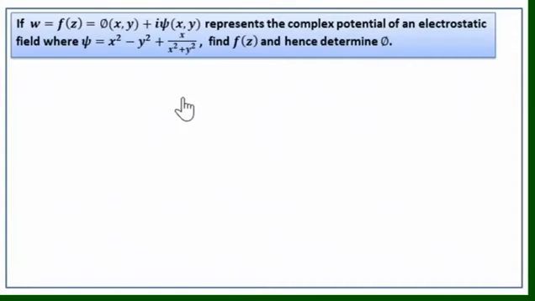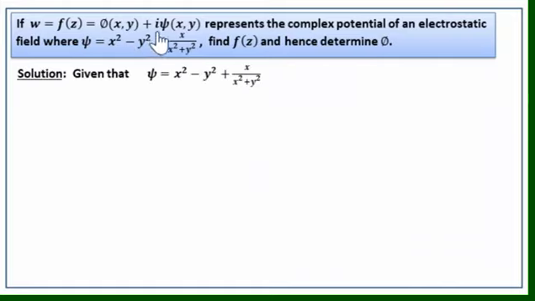Now let us solve a problem. If w equal to f of z equal to phi of x y plus i psi of x y represents the complex potential of an electrostatic field, where psi is equal to x square minus y square plus x by x square plus y square, find f of z and hence determine phi. So here we have psi equal to x square minus y square plus x by x square plus y square. That is, the imaginary part of f of z is given. Okay, we need to find f of z equal to phi plus i psi, and also